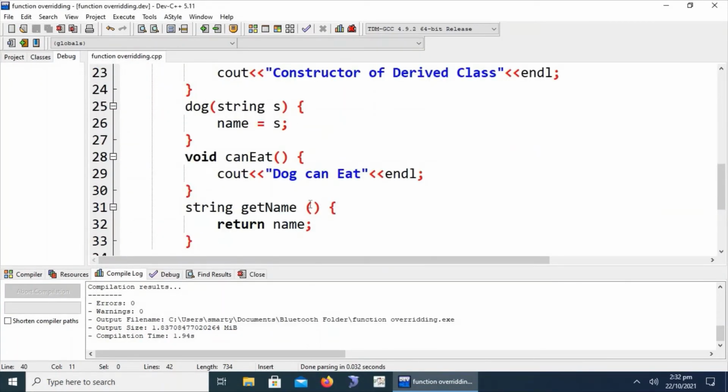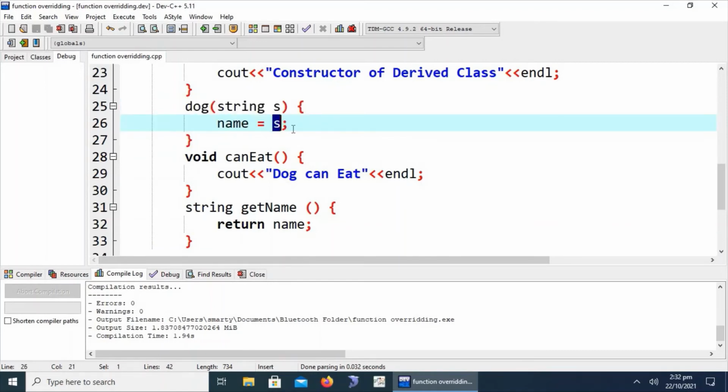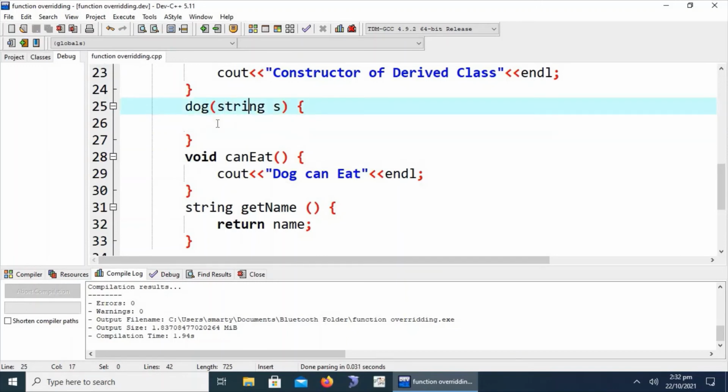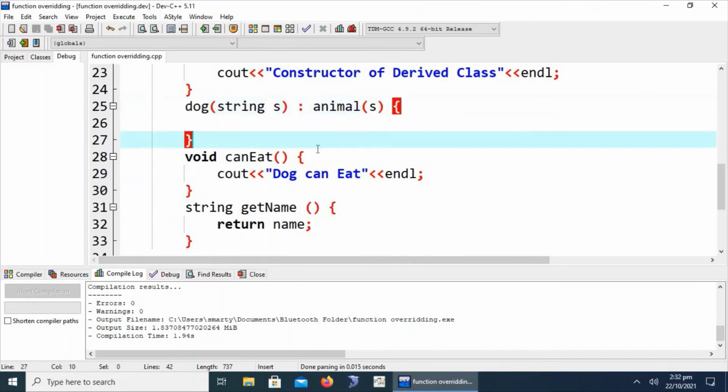This is basically the parameterized constructor in the derived class setting the name of the dog. If we want to call the parameterized constructor of the base class, then we will have to use here the scope operator animal, and we can pass the parameter we have obtained here. This is also a second method.